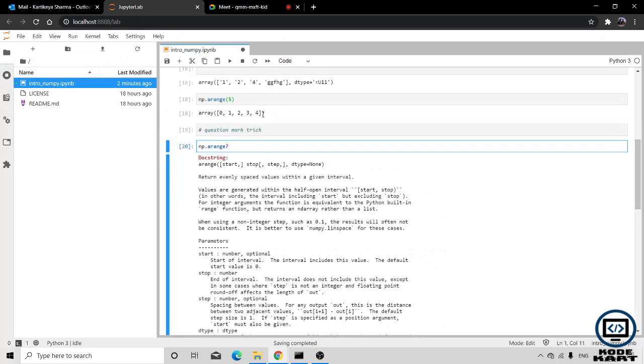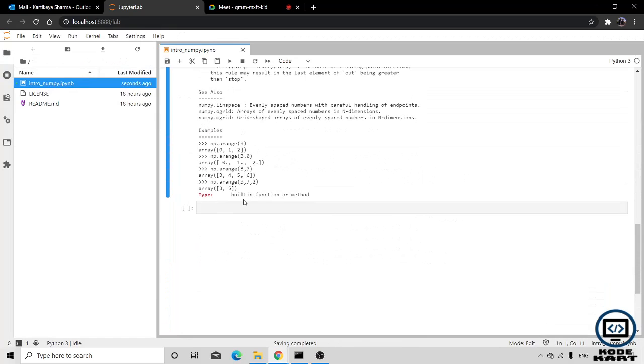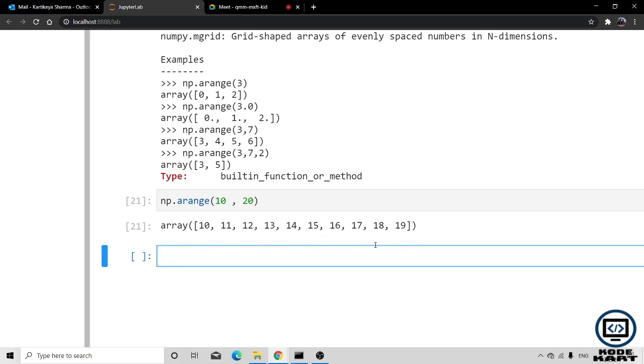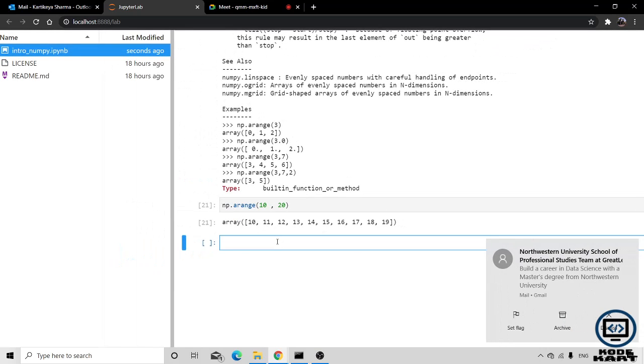Okay, so now let's see. If I pass np.arange from 10 to 20, you can see the array is generated from 10 to 19. So here is one more rule.